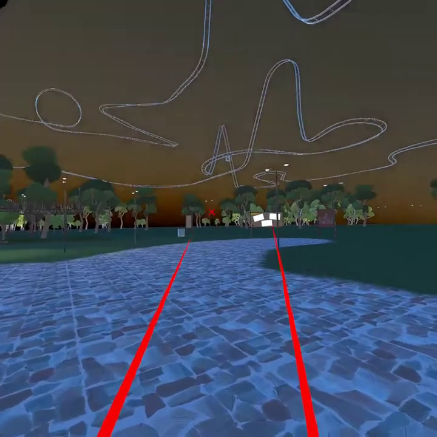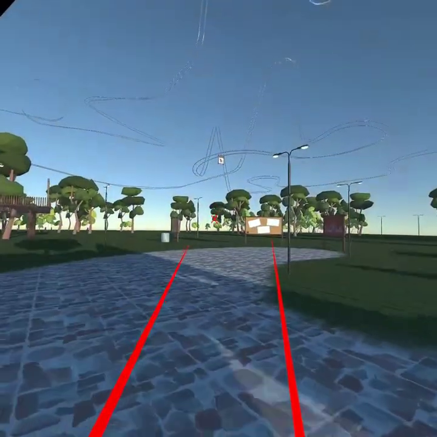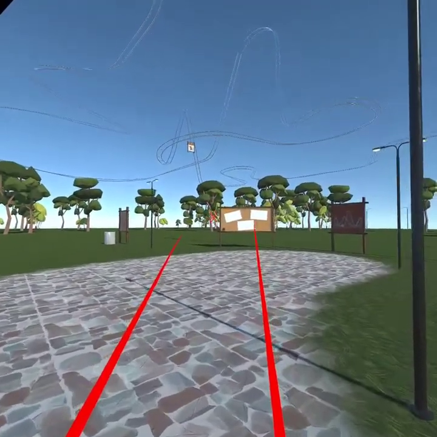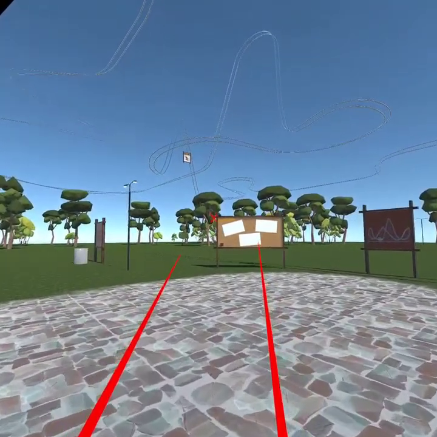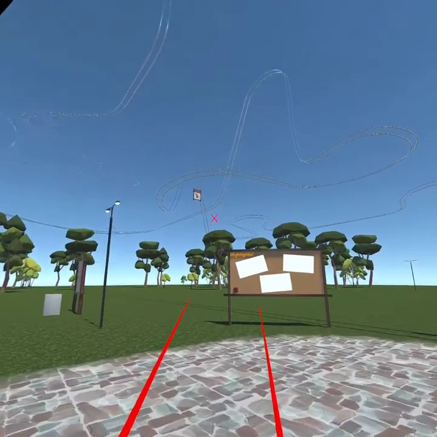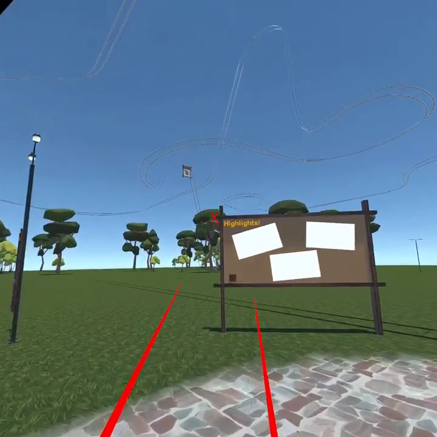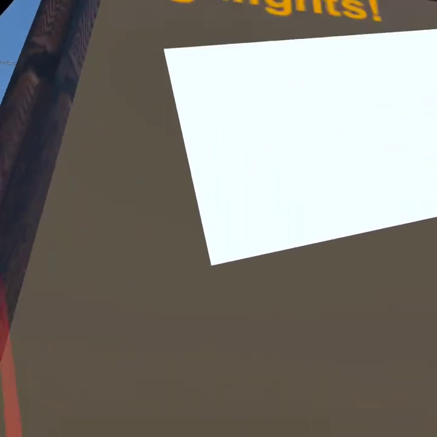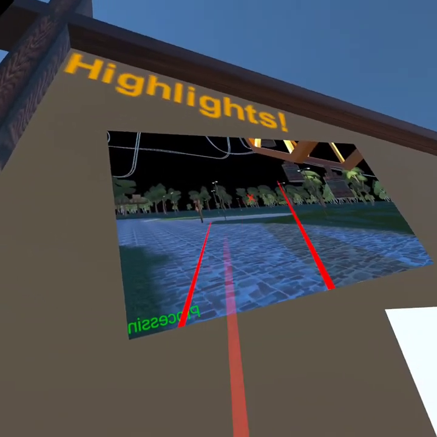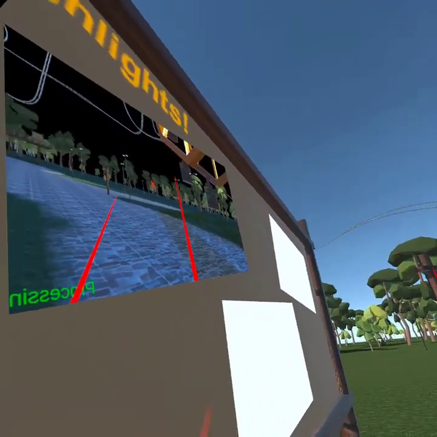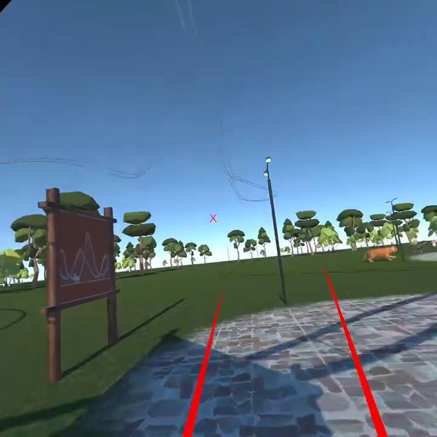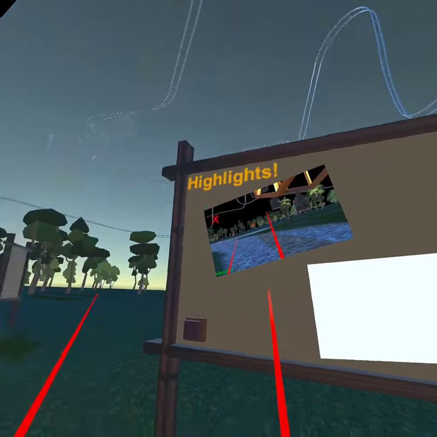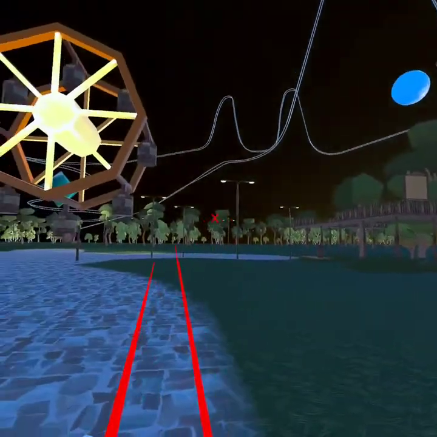The highlight board also has a button which, when we press it, the screenshot will be rendered on the highlight board. Okay, I press this button and here we go. The screenshot has now been taken. The rendered screenshot which was taken is now rendered on this. So I'll take the other two screenshots in the